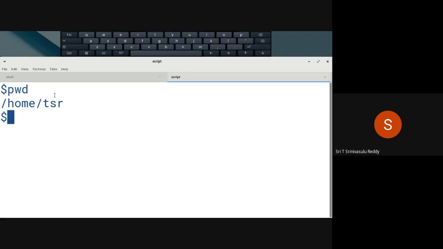Maybe it stands for print working directory. Right now the working directory is slash, meaning the root. Under the root there is a directory called home. Within that there is another directory called tsr. Right. So that is where we are right now. If you want to create a directory,